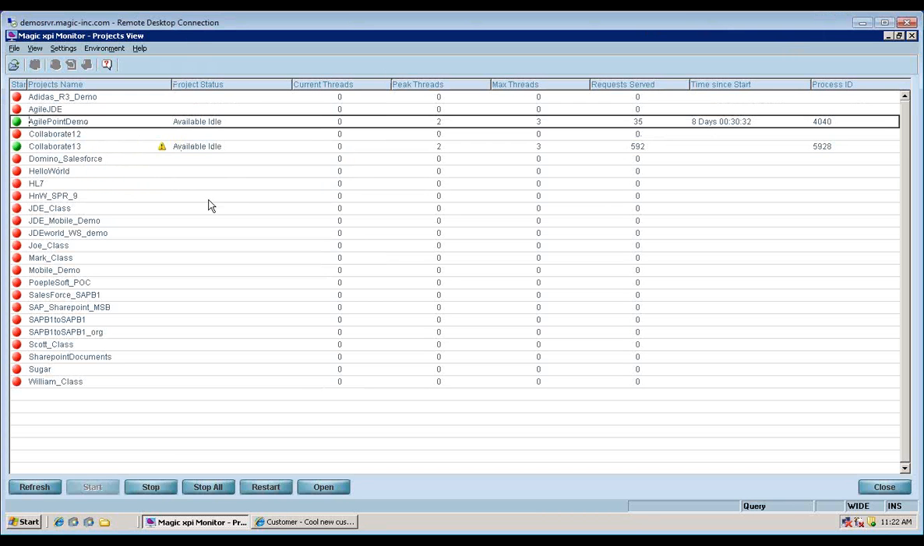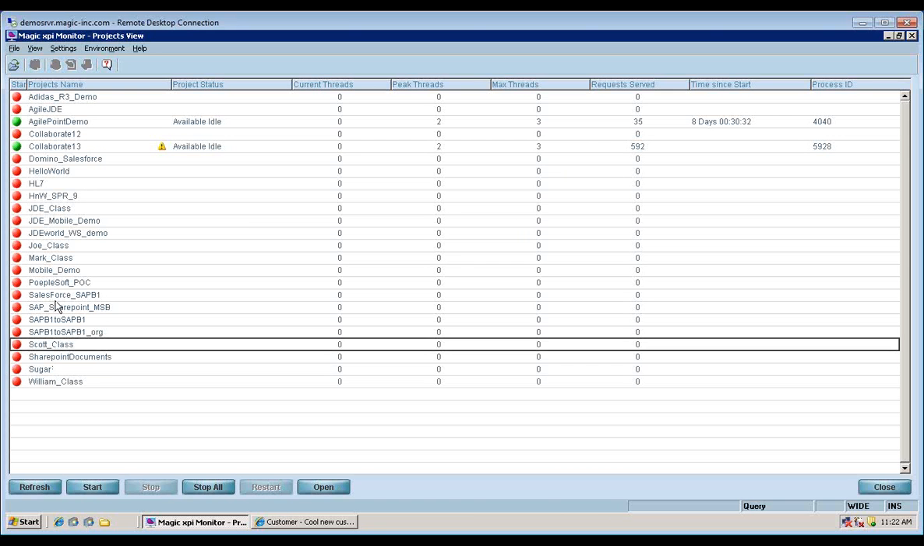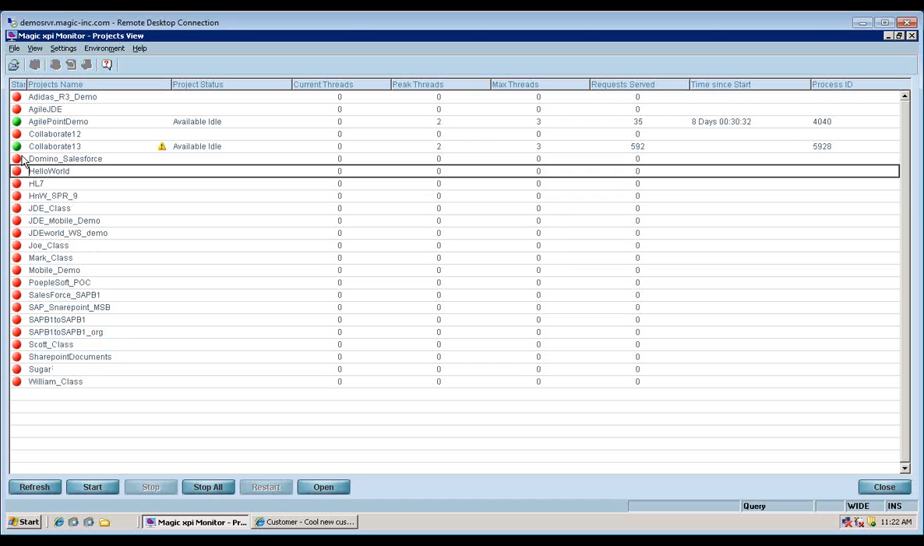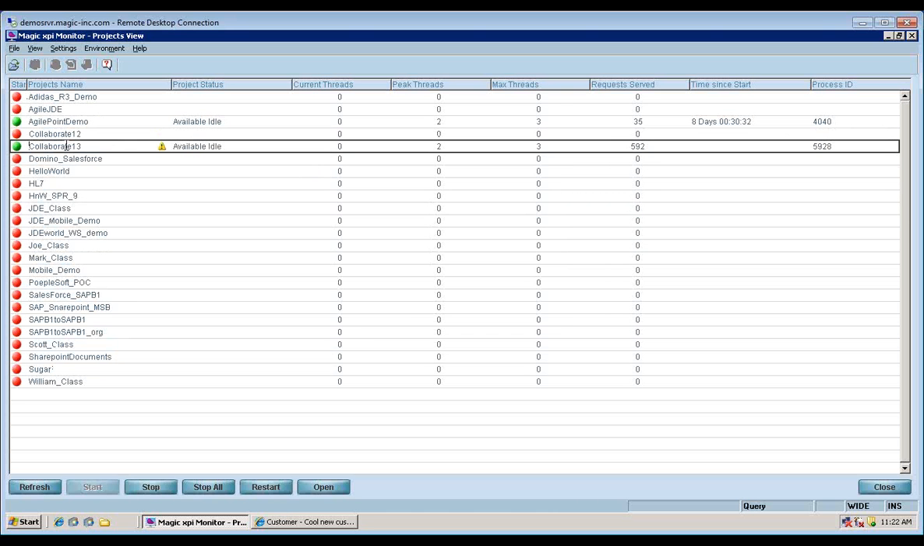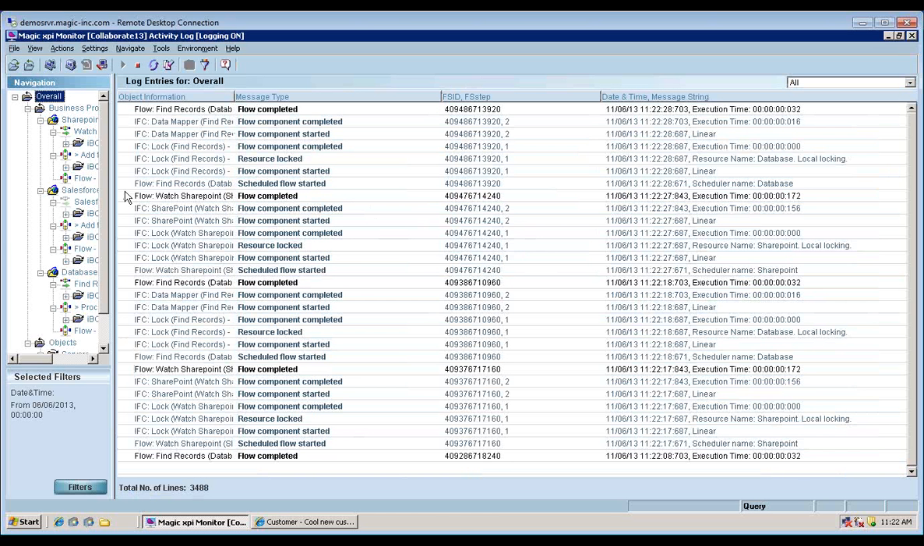I can see there's another Agile Point demo running. I can go into each one and see how many threads it's using now, how many threads it's used in the past, how many it's allowed to use, how many are provisioned to it, and also see if it's just on or off. So you'll see all the ones that are red are shut off, all the ones that are green are turned on. If I drill into this Collaborate project here, you'll actually see